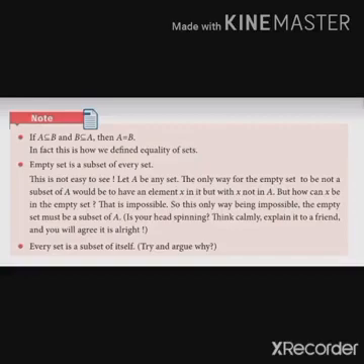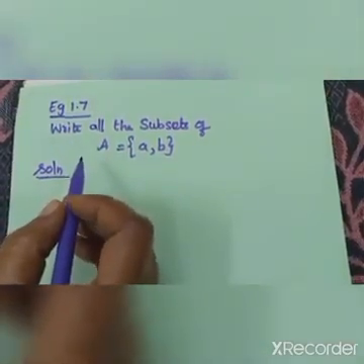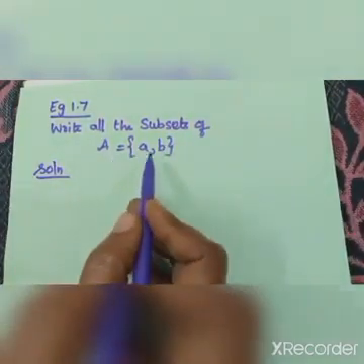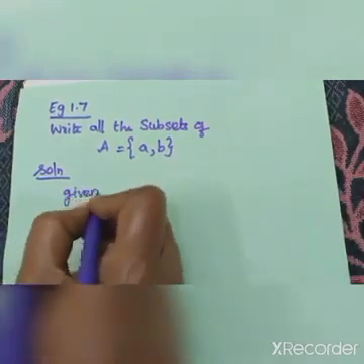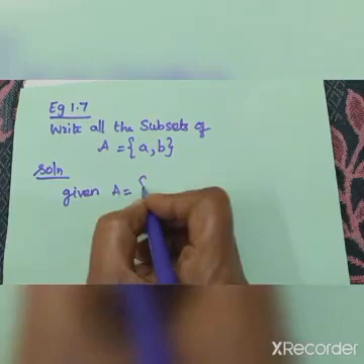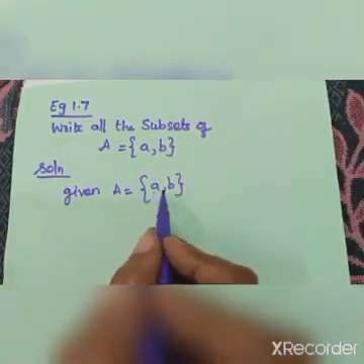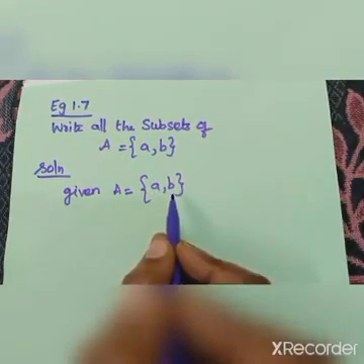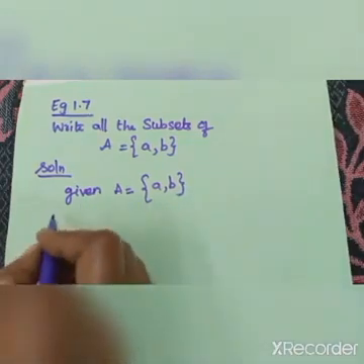Okay, let's do the problem. Example 1.7. Write all the subsets of A equal to {a, b}. What is given? The set A is equal to {a, b}. The set A has two elements, a and b. By the note we know that the empty set is a subset of every set, isn't it? So let's write the subsets of